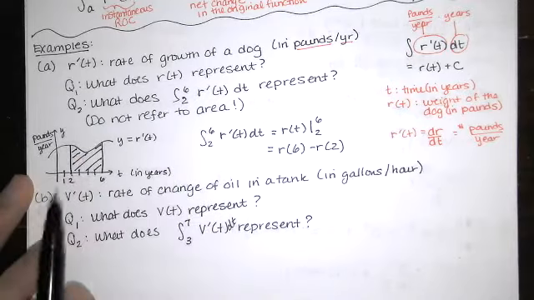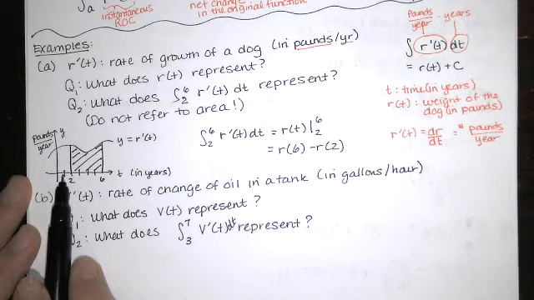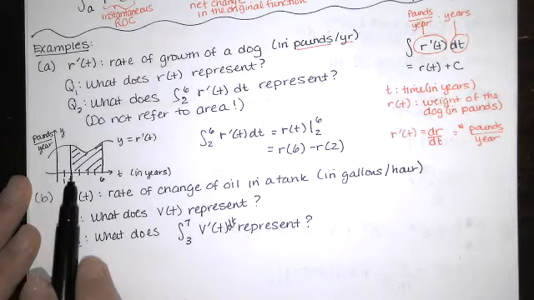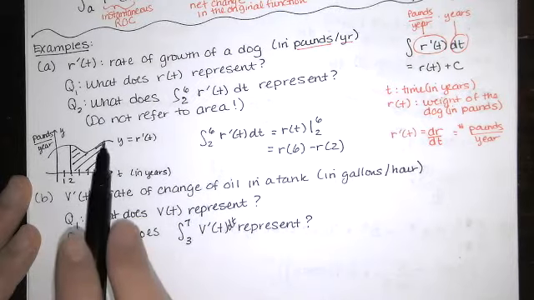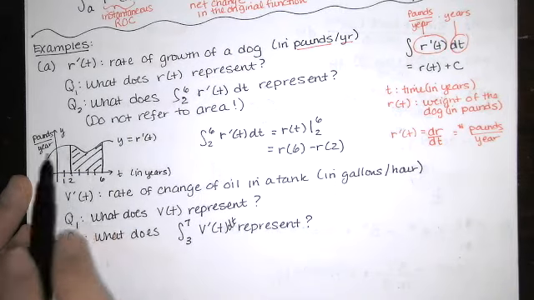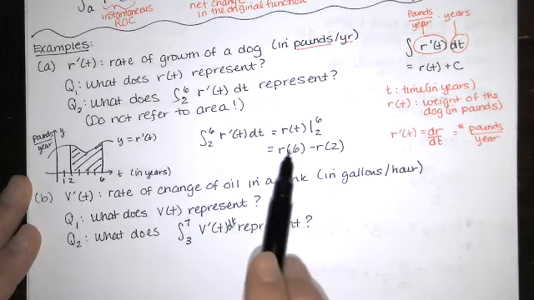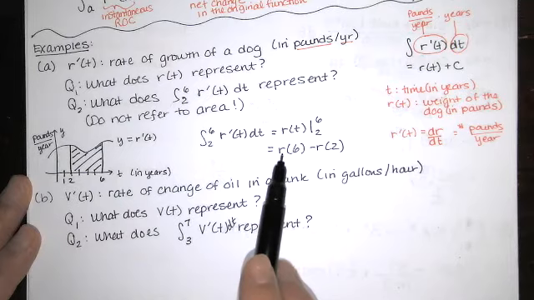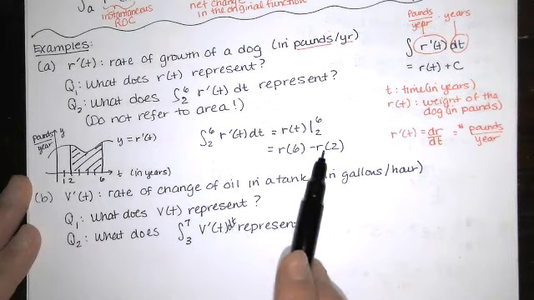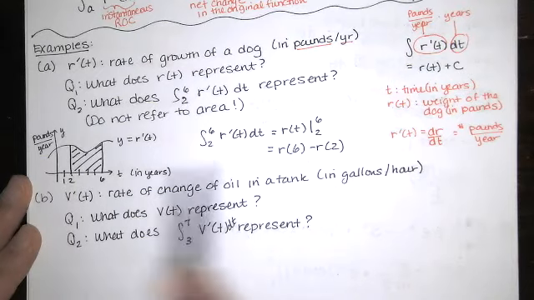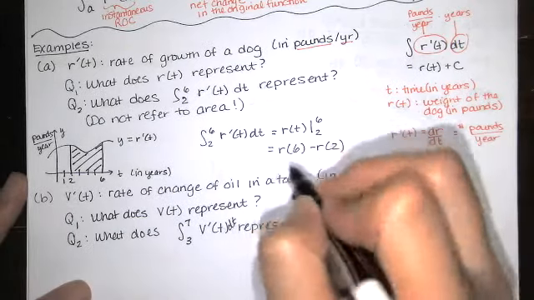So I guess the way we could think of this is time t equals 0 is when the dog was born, at t equals 1, the dog is 1 year old, t equals 2, that's when the dog turns 2 years old. And then over here, r of 6, there's no r shown here, this is r prime. But at r of 6, what that's going to give us is the weight of the dog on its 6th birthday. And then we're subtracting the weight of the dog on its 2nd birthday. So this is the change in the weight of the dog